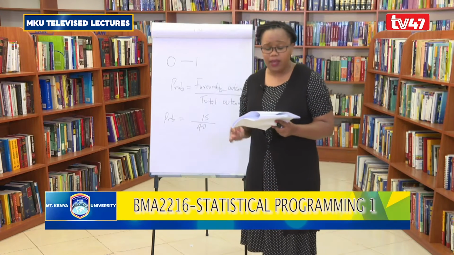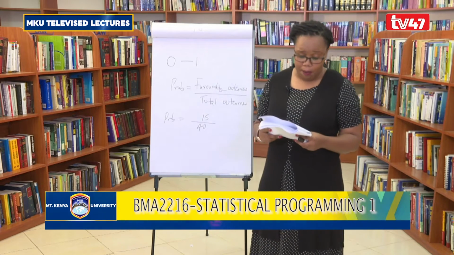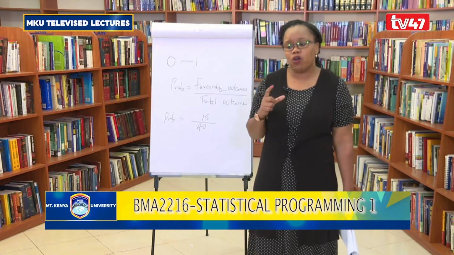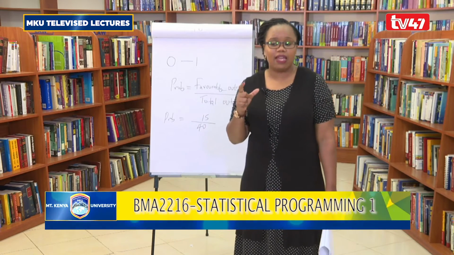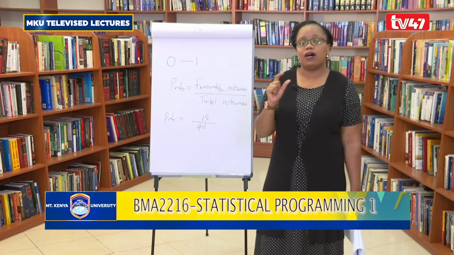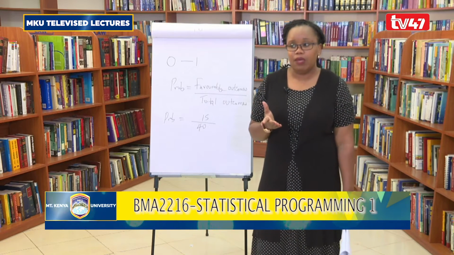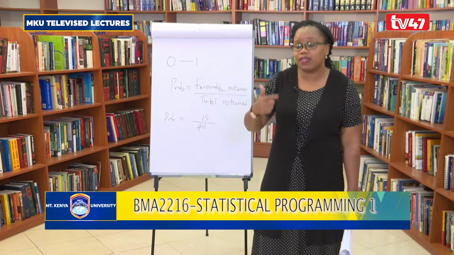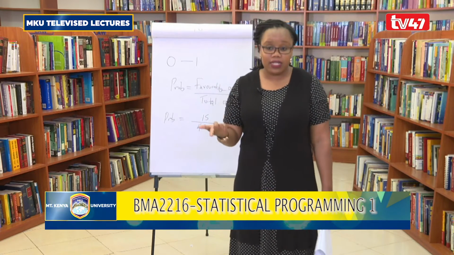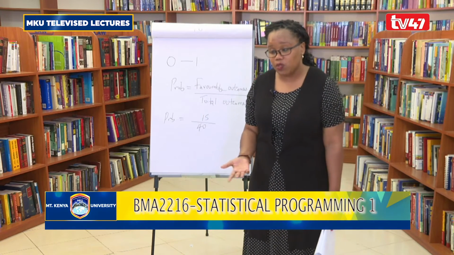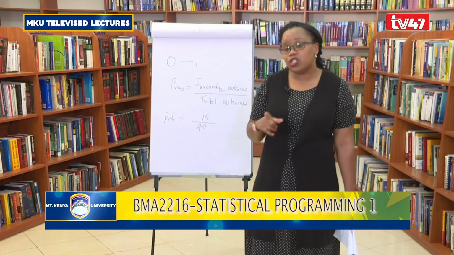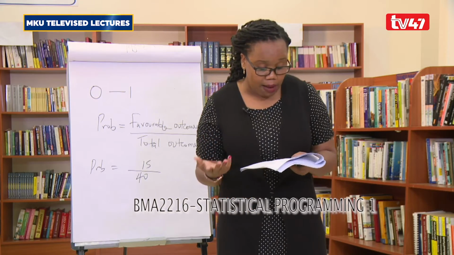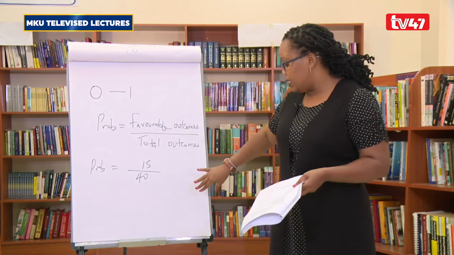Now we have some rules of probability in terms of our calculation. With probability, you need to be very keen on the language used in any case that you're handling, because the language can be a bit tricky if you don't understand. You will think that you have calculated the correct thing. You'll actually get a value that is between 0 and 1, but the interpretation will have been wrong. To avoid that, we need to understand some of the rules of probability. We'll look at